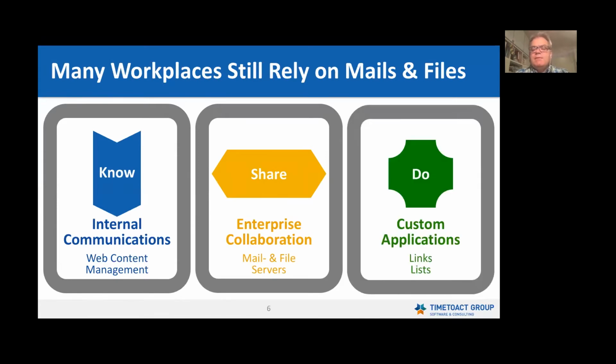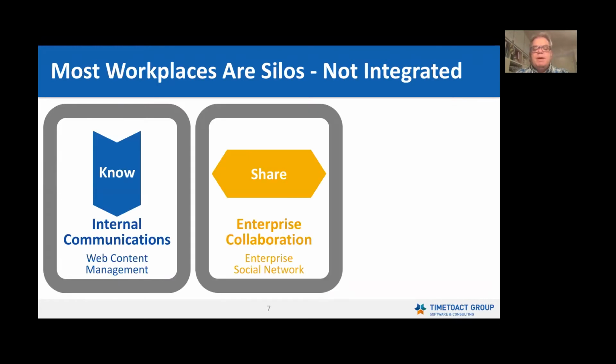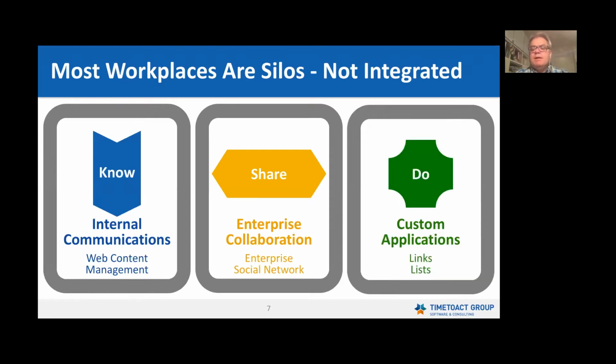And then they've got linked lists basically for custom applications that are just really poorly integrated. Now companies started to replace mail and file servers with an enterprise collaboration platform, but the principal problem is still the same. These workplaces are not integrated. They are organized in silos, and employees really spend a tremendous amount of time figuring out what they should be doing, what is really the